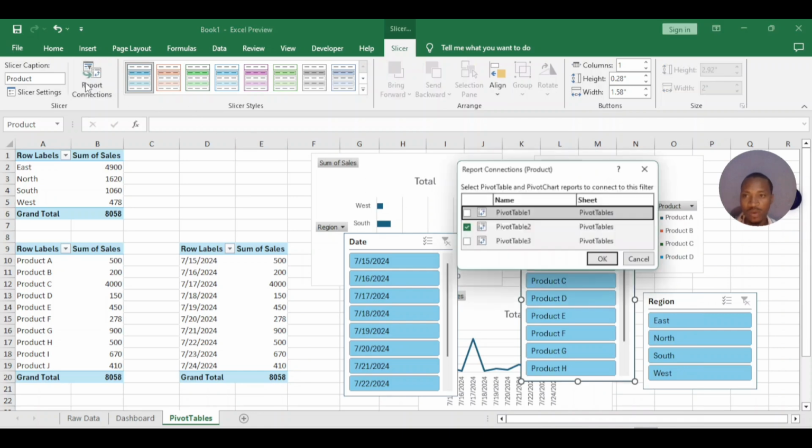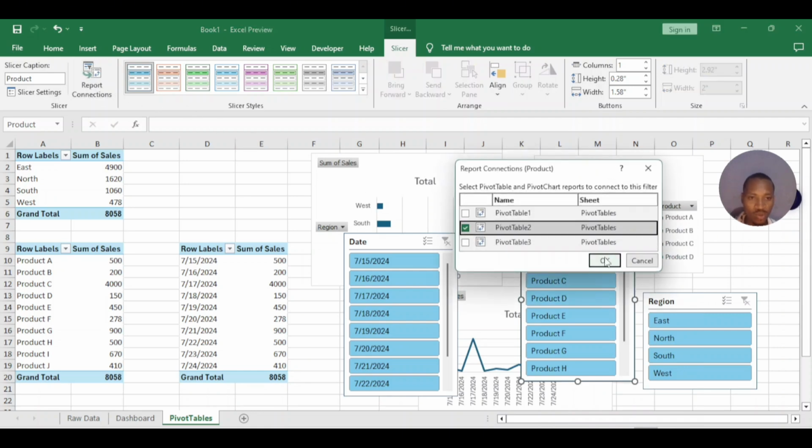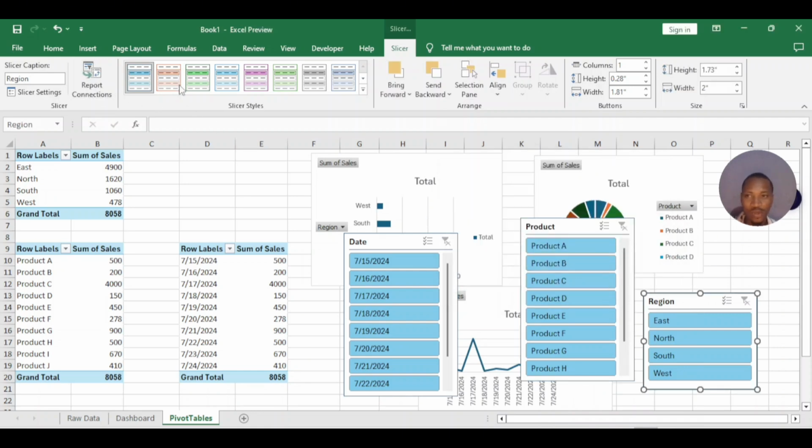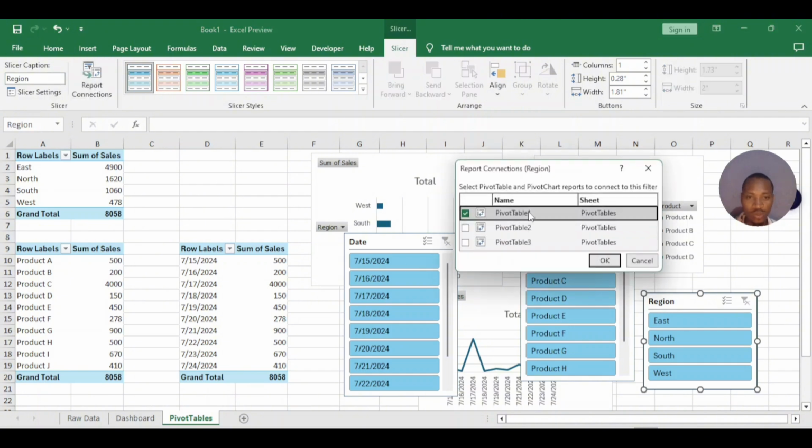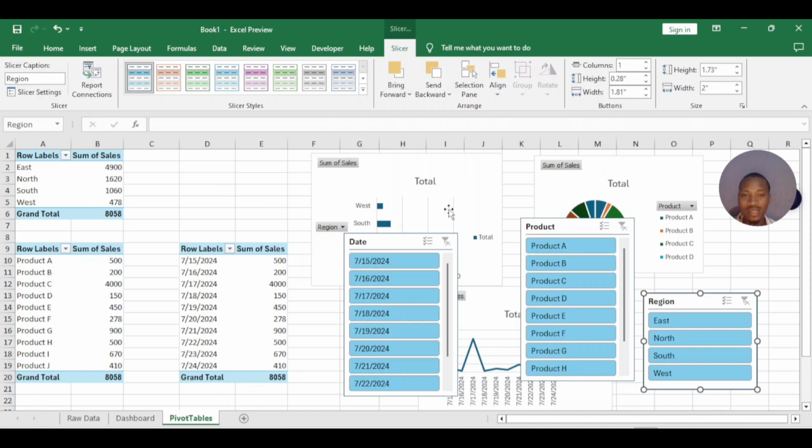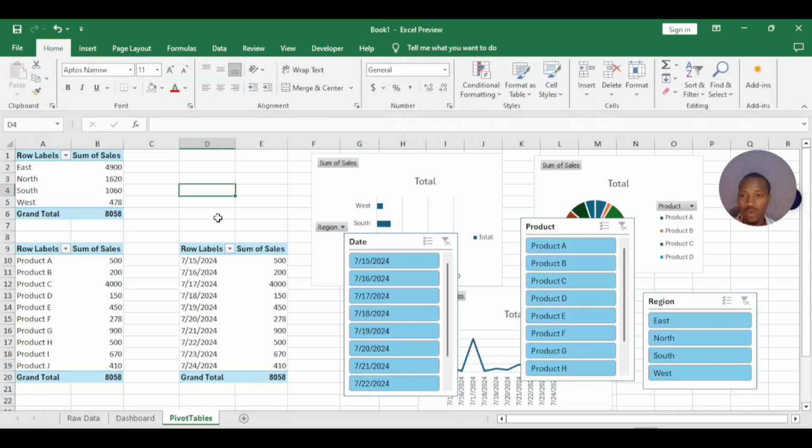We click on report connection. Okay, it is marked also. We click OK. We do the same for region. Click on report connection. Yeah, it is marked pivot table 1. So click OK. Now that this is out of the way, what we are going to do next is